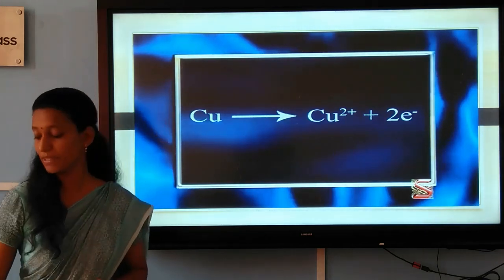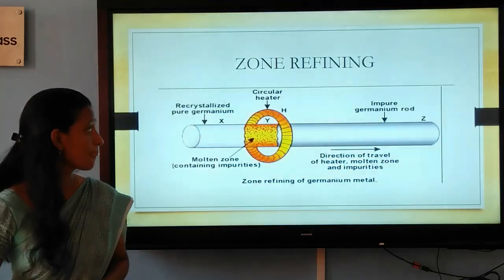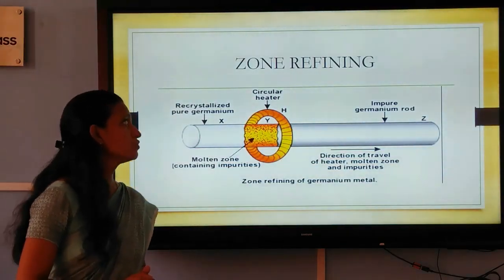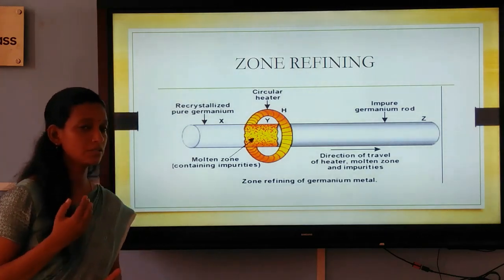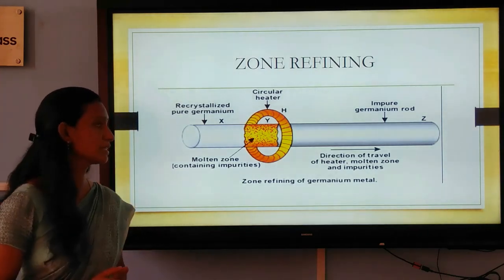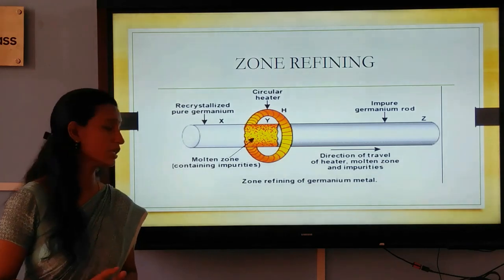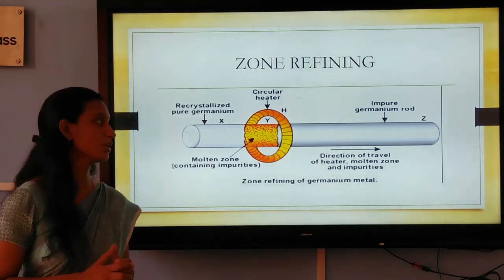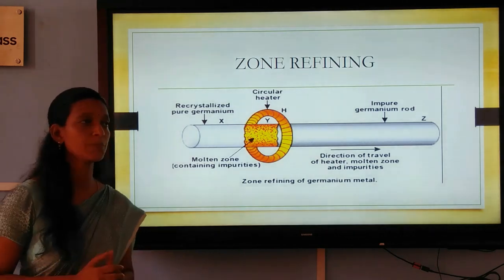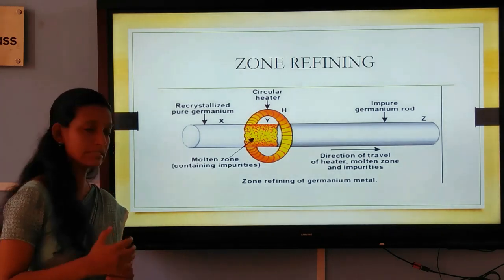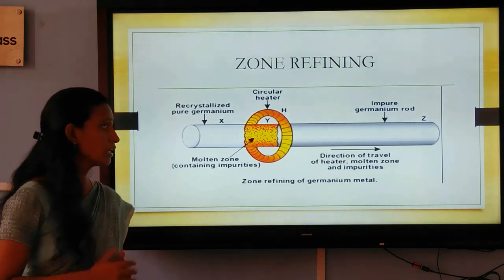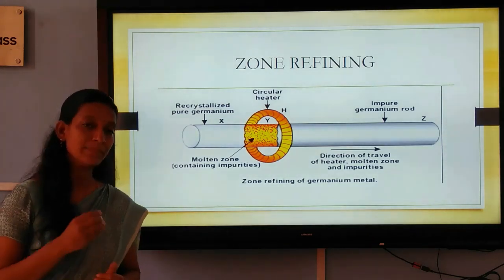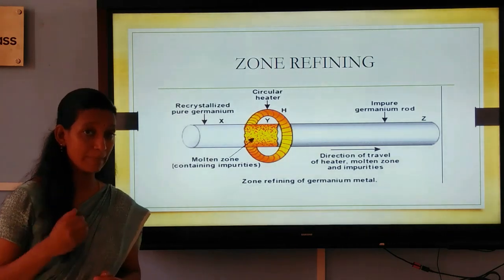Yet another method of refining is called zone refining. Zone refining is generally done to get extra pure metals like germanium or silicon. In zone refining, we generally take an impure metal in the form of a rod, and a circular heater is passed over the rod. This is based on the principle that the impurities are generally soluble in the melt,